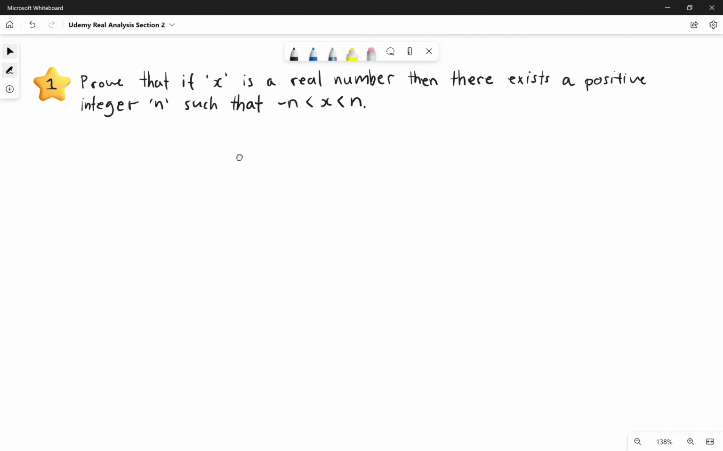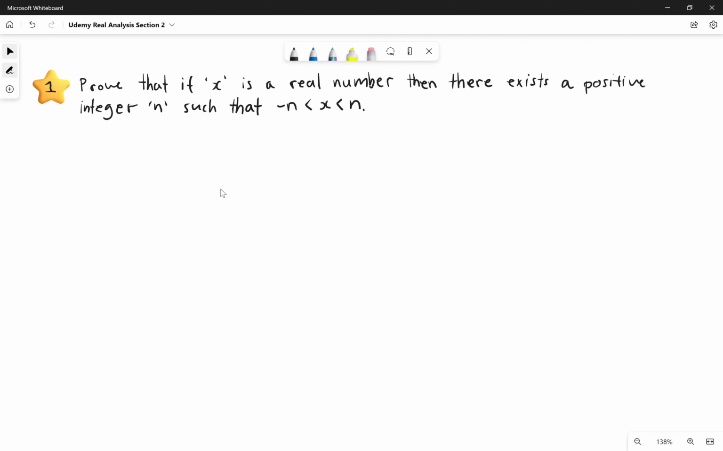Okay, so question 1 is proving that if x is a real number, then there's a positive integer n such that x is between negative n and n. Okay, I'm looking at this and immediately I see the absolute value